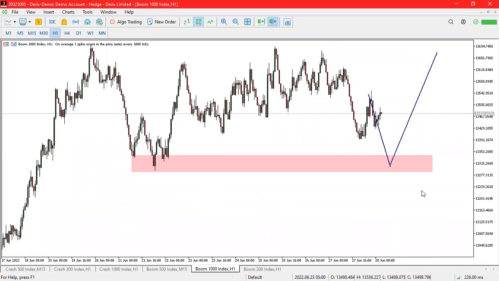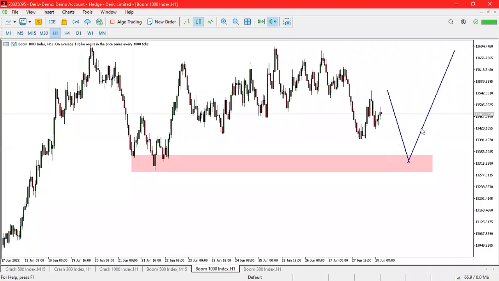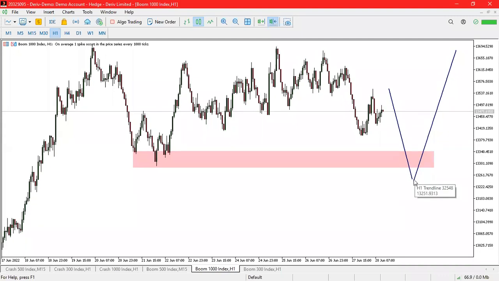This is the sell side liquidity. Why I'm saying it's sell side liquidity: because here below there are a lot of people who are thinking the market will break below and then continue selling, so there are a lot of sell stops below this level. So we will just wait for it. Remember, guys, you can make a setup and wait for it even a week. You don't rush. Never. This is our current footy. Let me draw a perfect, accurate setup. We are expecting the market to come, break below, and then continue buying.